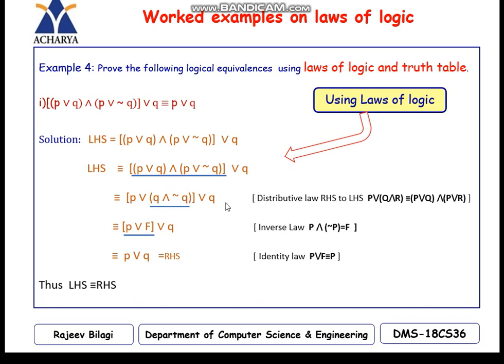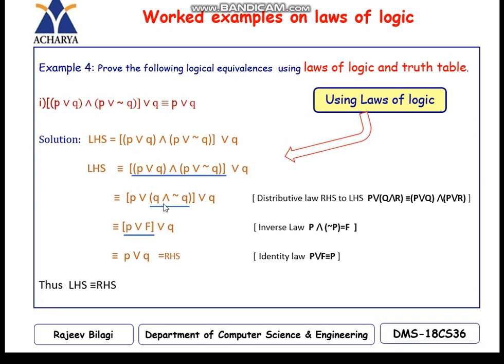What does the distributive law say? P ∨ (Q ∧ R) is equal to (P ∨ Q) ∧ (P ∨ R). Actually I have the RHS in this given example, so directly I can write the LHS, that is P ∨ (Q ∧ R), and instead of R here I have the negation of Q. I have underlined this; for this I have written the entire rule as P ∨ (Q ∧ ¬Q). So now going ahead, P ∨ (Q ∧ ¬Q).